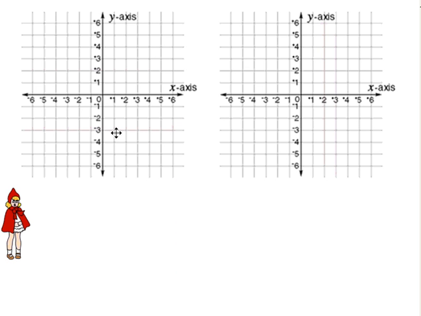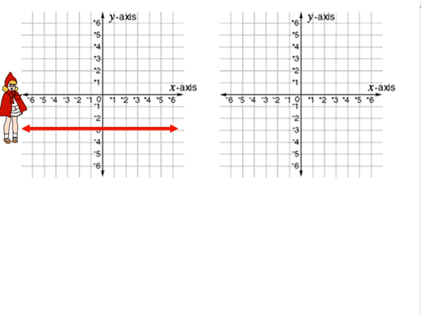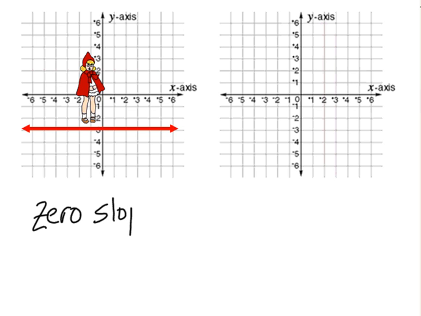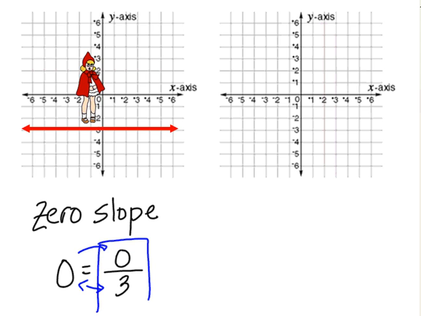Now, instead of walking uphill and downhill, there's a possibility of just walking along flatly. When we talk about that, we're talking about a zero slope, because if it's not positive, it's not negative, it's zero. Now, we said that everything is represented by a number, and we know that zero is a number, but we also said that slope can be represented by a fraction. So when we have zero in a fraction, it's always going to be in the numerator. Doesn't matter what number is in the denominator, because we know that we can multiply these two numbers together to get this number. So 3 times 0 gives us 0. So we can prove that when the zero's in the numerator, that fraction reduces down to 0,